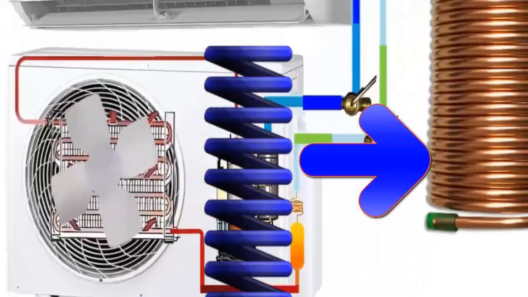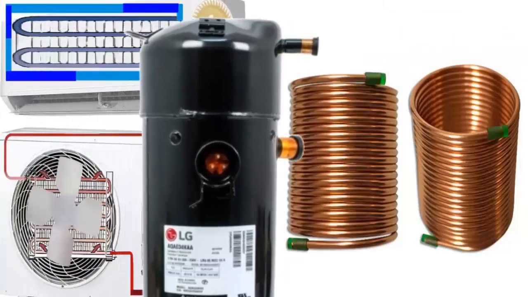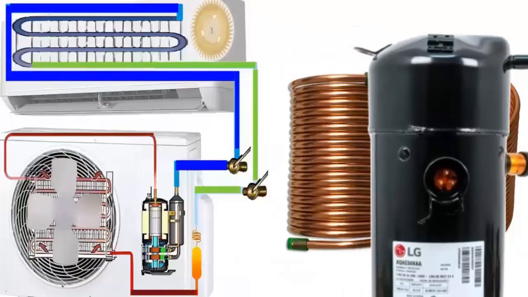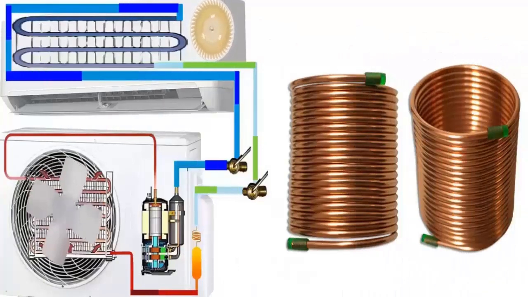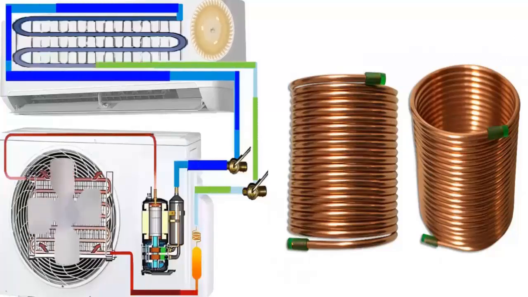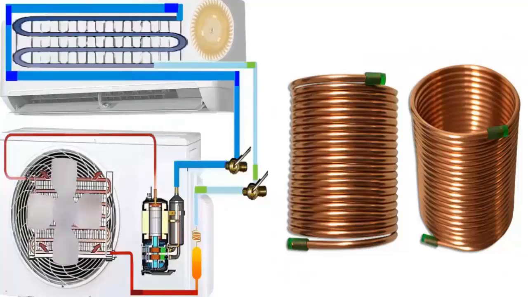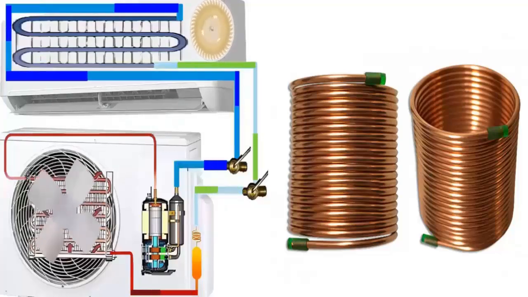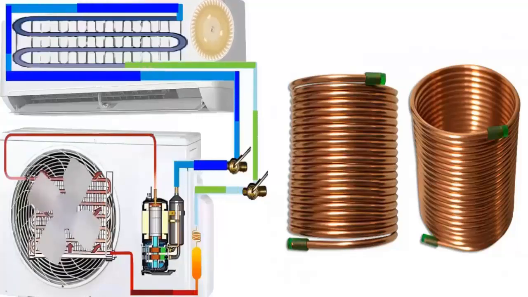Conclusion and recommendations. When replacing a compressor in a refrigeration or air conditioning system, we must not only focus on the motor's power, but also on its cooling capacity, expressed in BTU per hour, kilocalories per hour, or watts. The capillary tube must be correctly sized based on cooling capacity, system operating temperature,